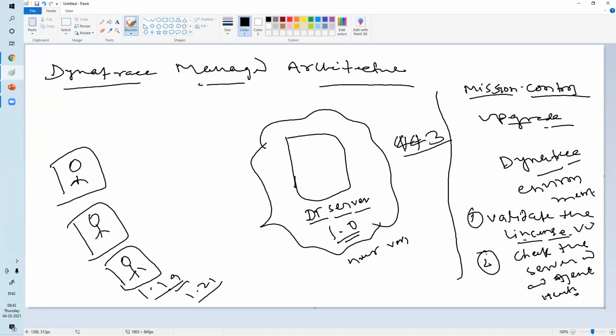Now, what is the basic difference between SaaS architecture and managed? Managed means the customer has their own personal DT server to capture data. With Dynatrace SaaS, suppose you have a GDPR policy and you don't want to leak your data. Suppose you are a banking or finance company. All the data should be secure, like customer information. It should be in your premises and your data within your network.